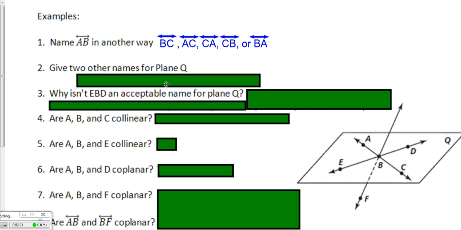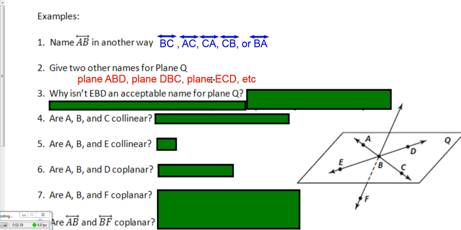So, what are some other ways that we can name plane Q? Well, you don't necessarily need to call it by plane Q. You can name it by 3 points that are on there. Now those 3 points, though, have to specifically or only make that plane. And I'll show you what I mean by that. So we can call it plane